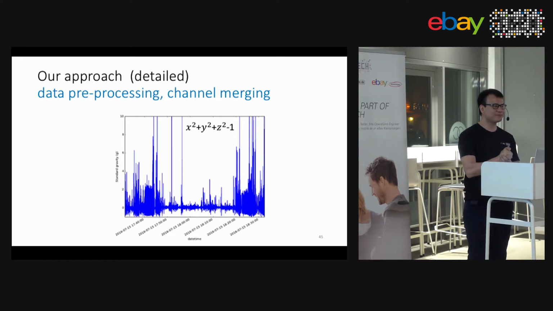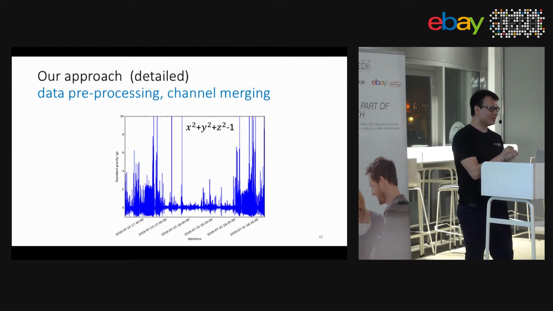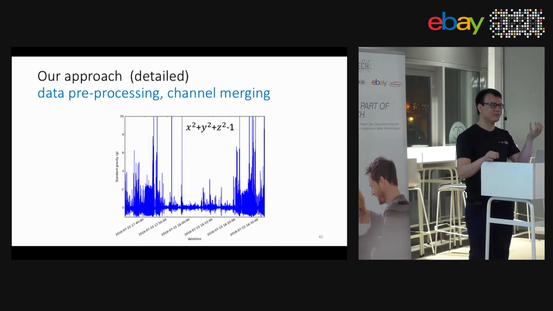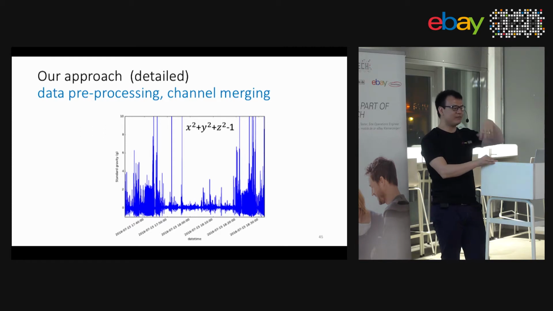This is one of them, which is called shallow merging. The purpose of doing so is to get rid of rotation influence. So when I have my accelerometer at my wrist, when I only do rotation movement,